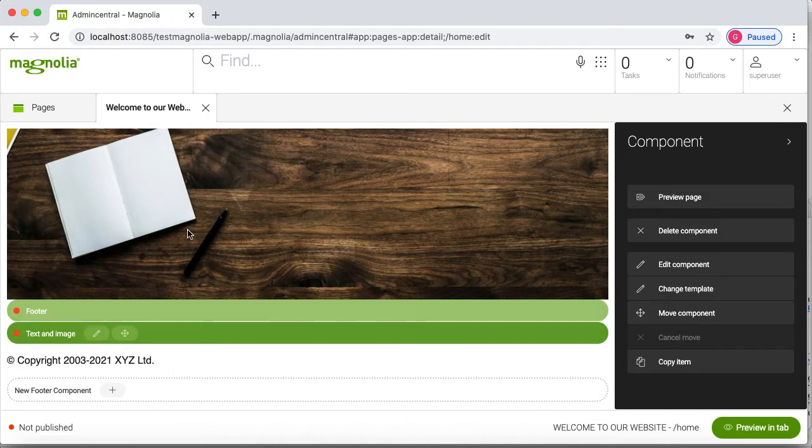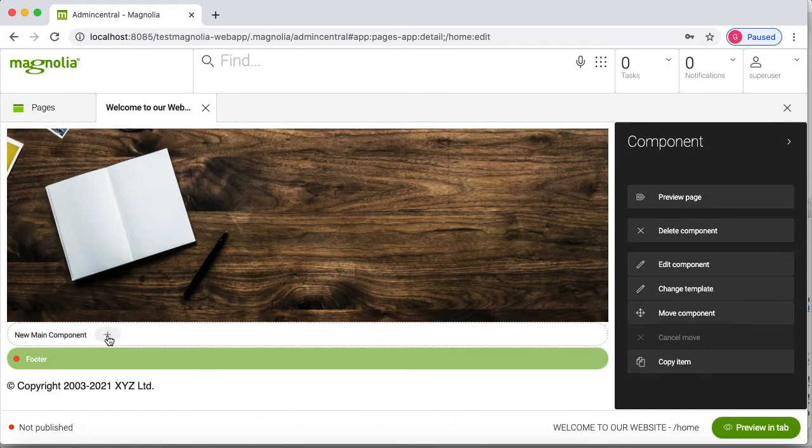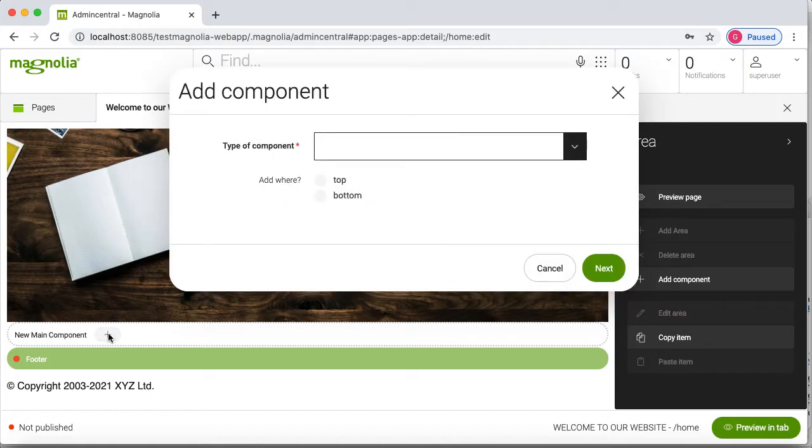So this is what we have done, and there are so many options. If you want to add more images, more content, more text, more links, you can again use this option, new main component, and you can add multiple things in your page.